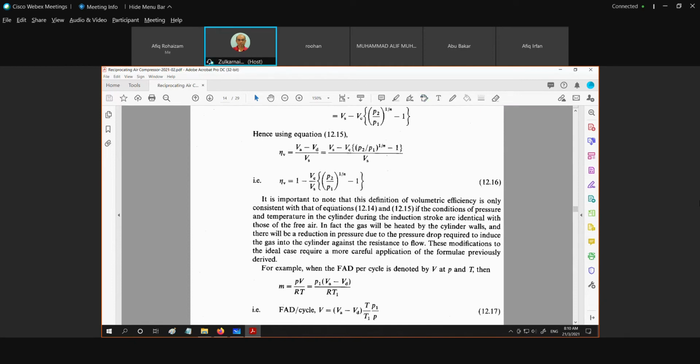It is important to note that this definition of volumetric efficiency is only consistent with that equation 1214 and 1215 if the condition of pressure and temperature in the cylinder during the induction stroke are identical with those of the free air. Maksudnya sekarang adalah persamaan ini yang kita gunakan, this formula 1216